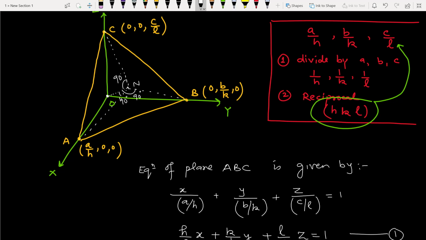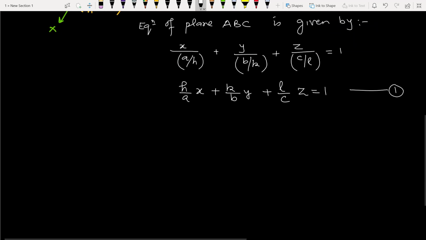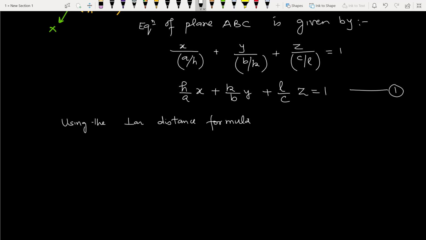So now using the perpendicular distance formula, the length of the perpendicular ON, which we supposed equal to D, is calculated as